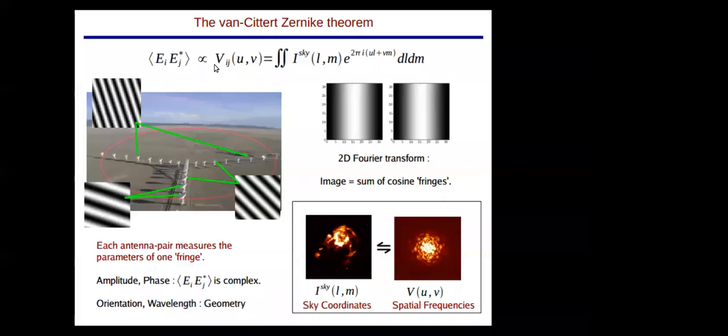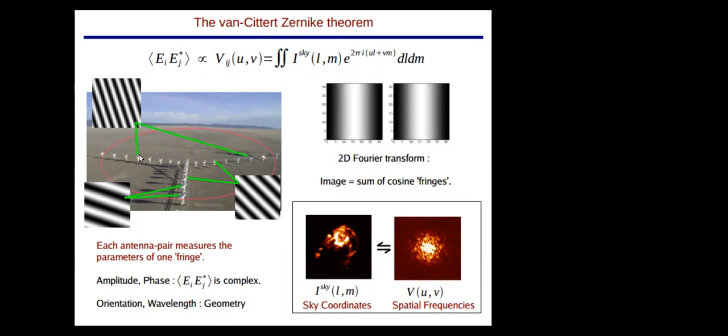Okay, good. So far we know that while doing imaging, we are basically collecting the electric field at two different antenna positions, cross correlating it and averaging it. That is basically giving you the visibility. And according to the Van Cittert-Zernike theorem, we know that, under some approximation, this is a Fourier transformation of your sky signal. I of the sky is your specific intensity distribution of the sky, and this is a Fourier pair. So the image of the sky and the measured visibility are a Fourier conjugate pair.